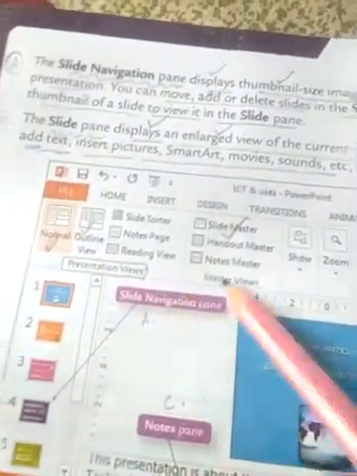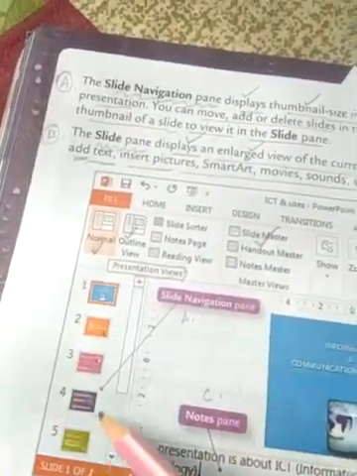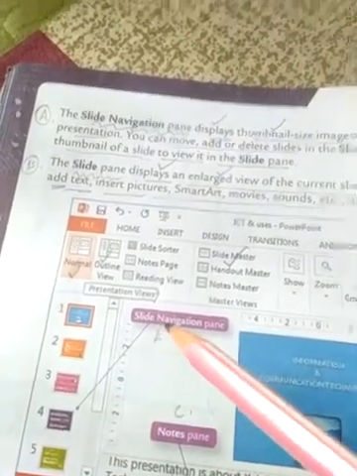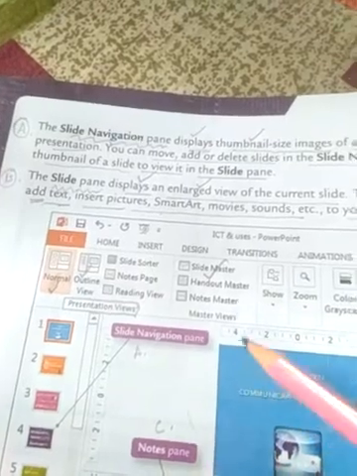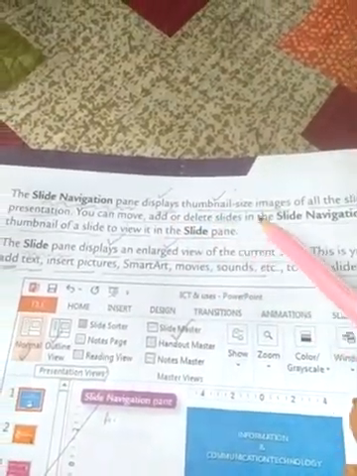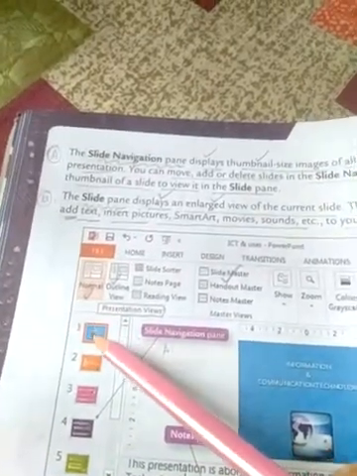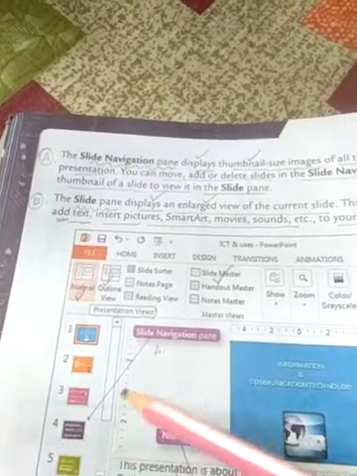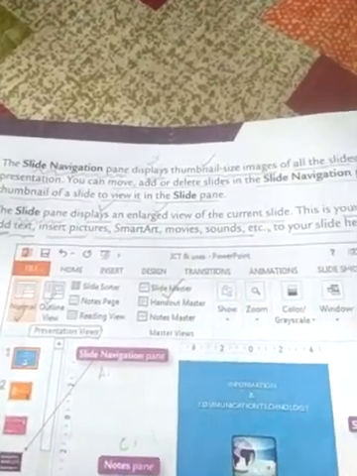This is the slide navigation pane, this one. Now if I ask why the slide navigation pane should be used, the answer is that it is used to display the thumbnail size images of the normal view of the slide of the PowerPoint presentation.